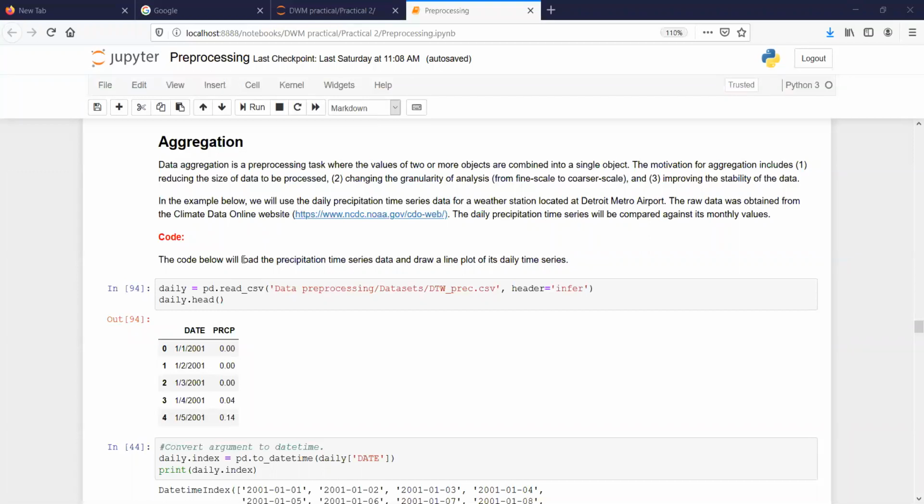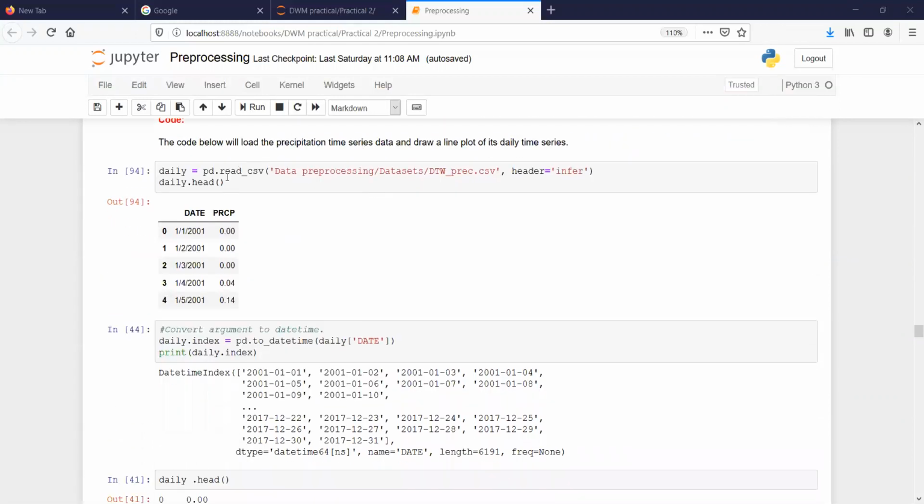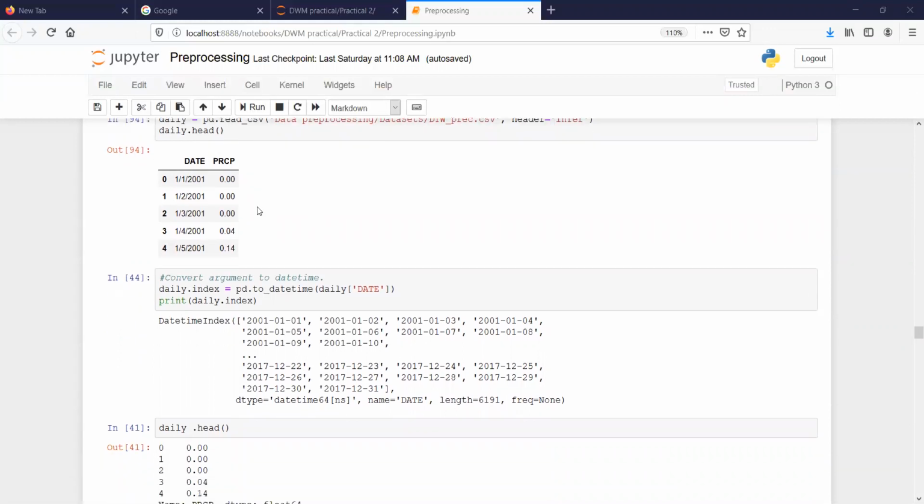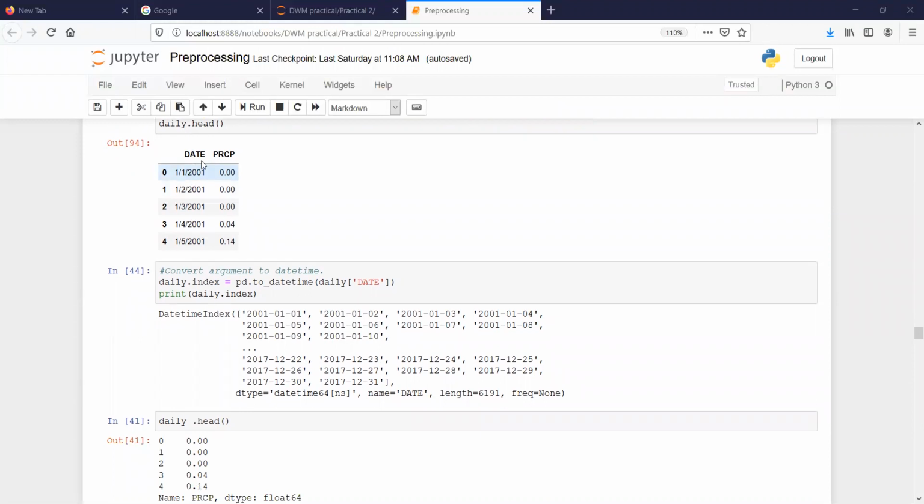For studying this, I'm using daily precipitation time series data. You can download this data from this particular link. First, I'm opening the data using the pandas library. It has a date and a precipitation rate. First, I have to convert this date.